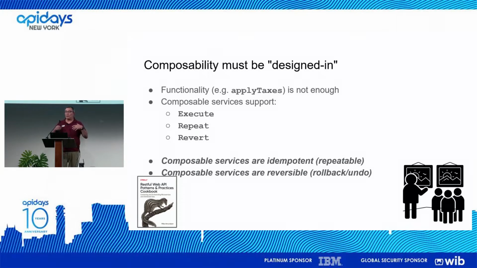Composable services are reversible. I have to have some rollback or undo feature. Now, if I'm just computing the net present value on a set of properties, then rollback is easy. I just say 200 OK, moving on. But if I'm writing data, I have to undo that data write. And of course, it's turtles all the way down. If that data write was handled by another job, then maybe other things have to be undone or rolled back as well. Maybe the data I wrote goes to 3 places.